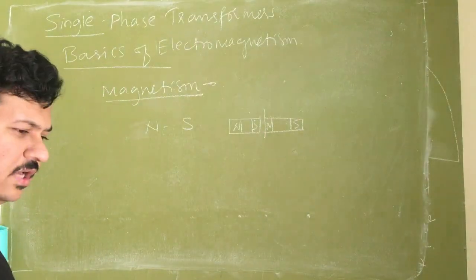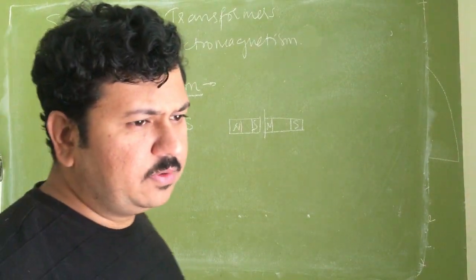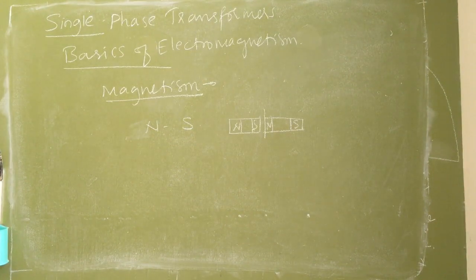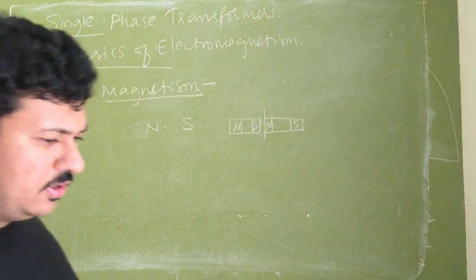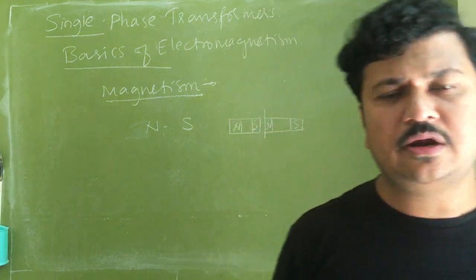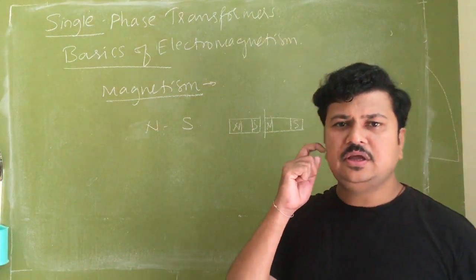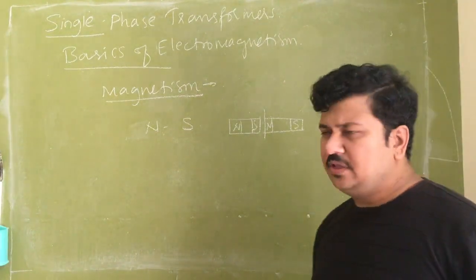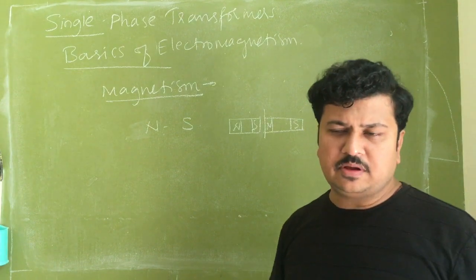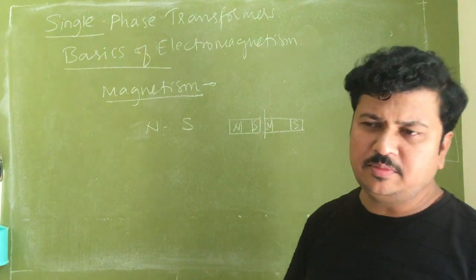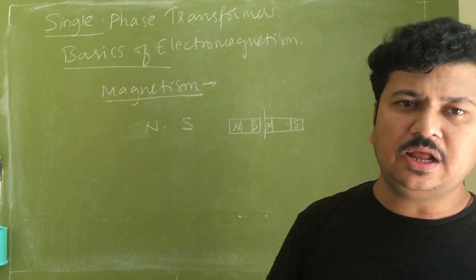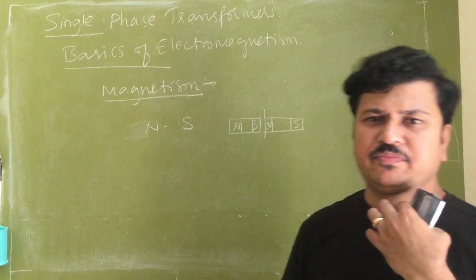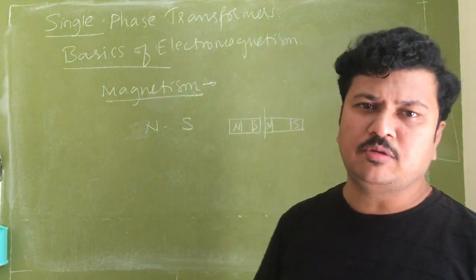But a natural magnet has certain limitations. If I want large energy storage applications, natural magnets are not sufficient to provide the large magnetism requirement. Then I should be using bigger natural magnets. Automatically the system becomes very large in size, large in weight, and also very costly. So for that we will go for electromagnets.